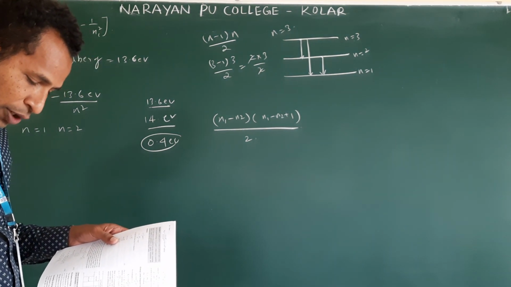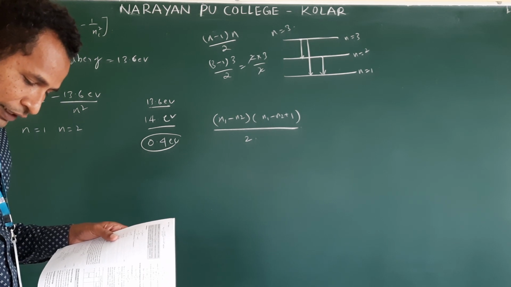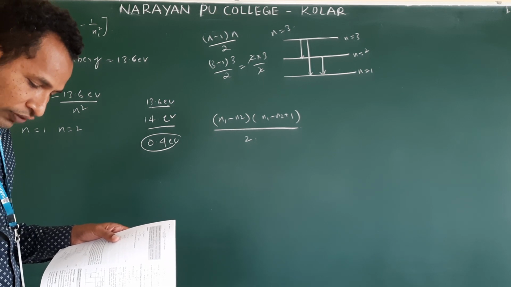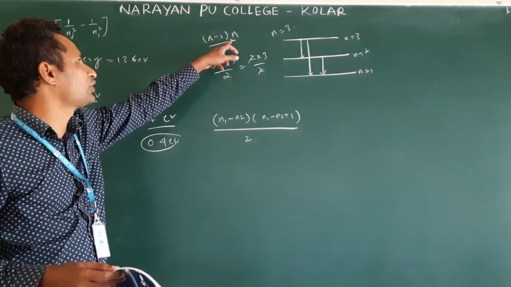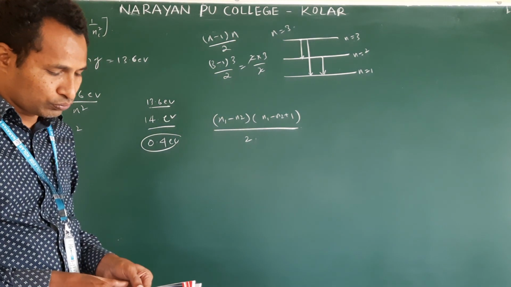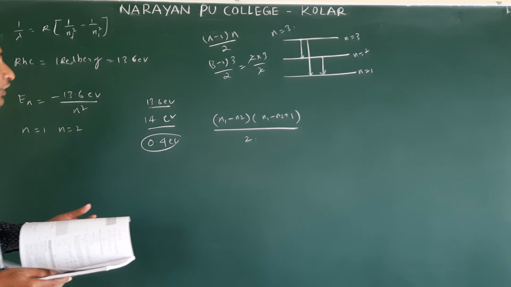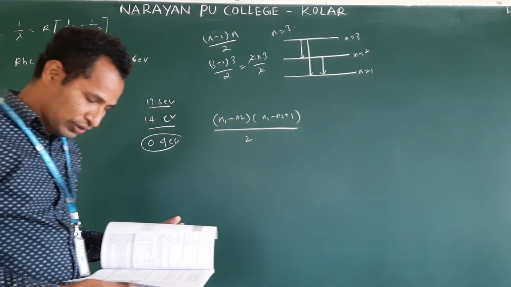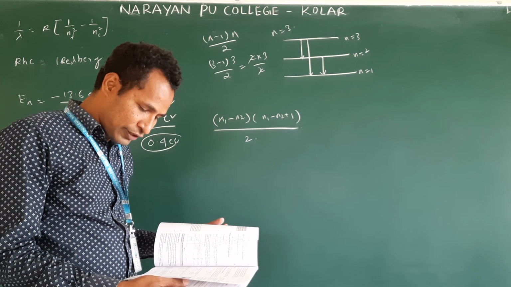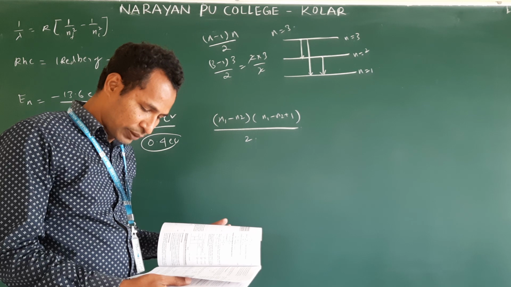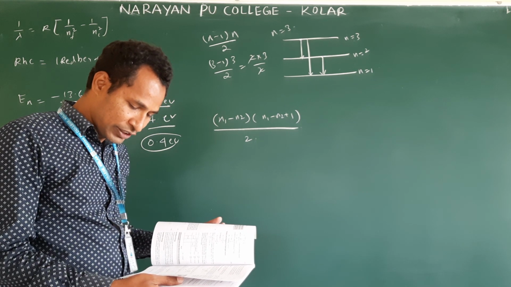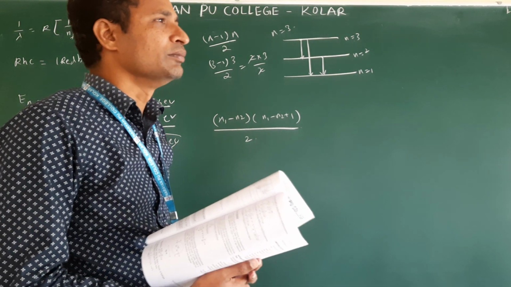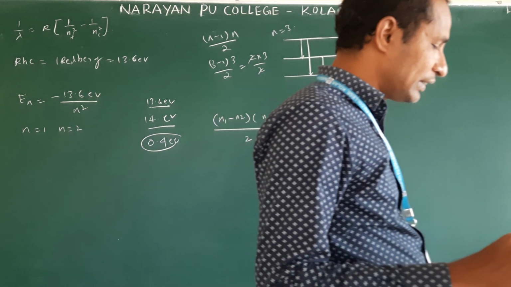Next, example problem. How many different wavelengths may be observed in the spectrum of hydrogen? Simple. If the atom was excited to the state with principal quantum number n, the answer is n minus 1 into n by 2. Check it. Yes, n into n minus 1 by 2. Next, monochromatic radiation of wavelength lambda is incident on a hydrogen sample in the ground state. The hydrogen atom absorbs a fraction of the light and subsequently emits radiation of 6 different wavelengths. Find the lambda. Okay? Monochromatic light means the wavelength is one.